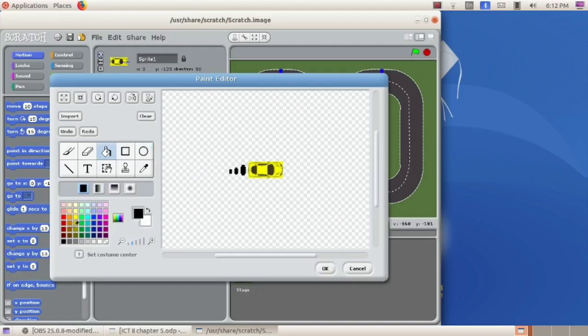Then we have to select the required color from this color palette. We'll select a gray color. Then click inside these bubbles. Now the bubbles have changed to gray color. After that, click this OK button.